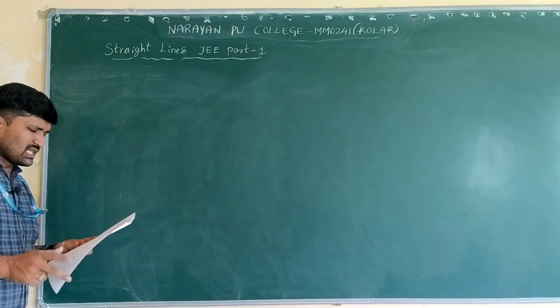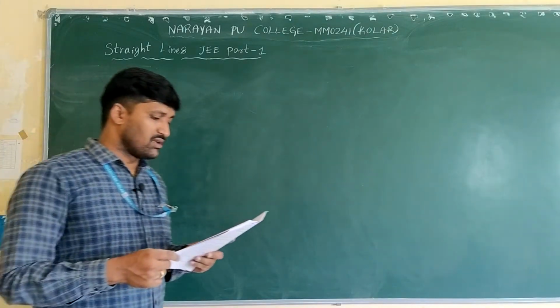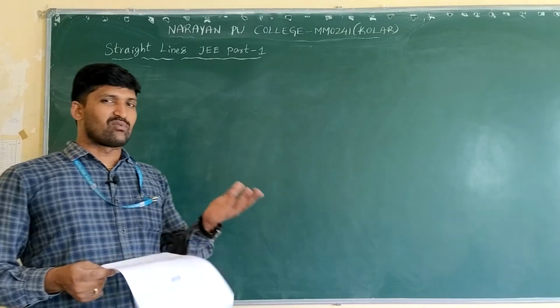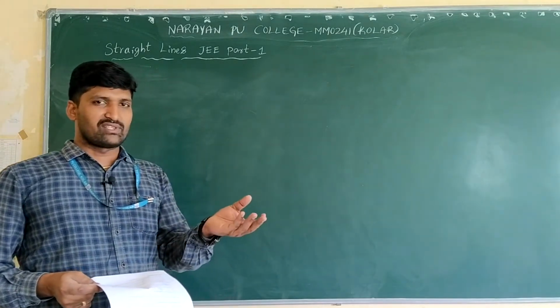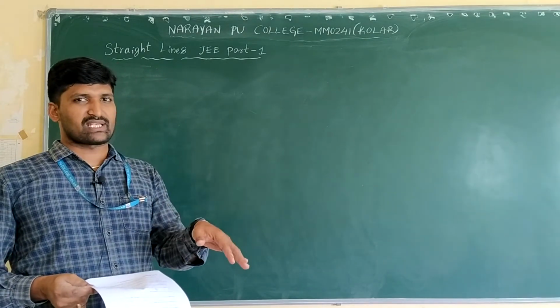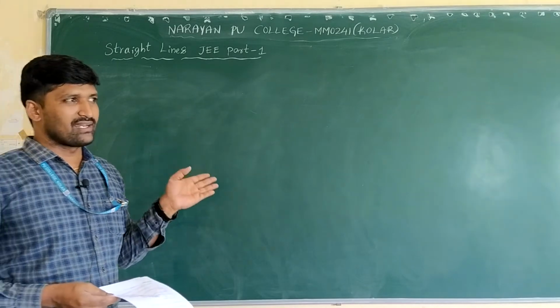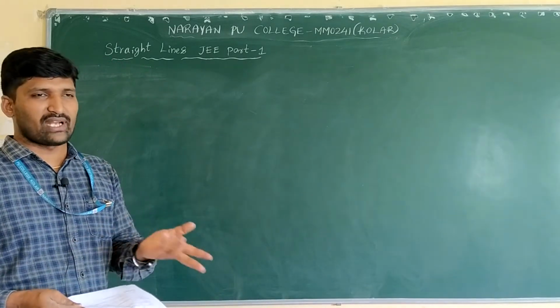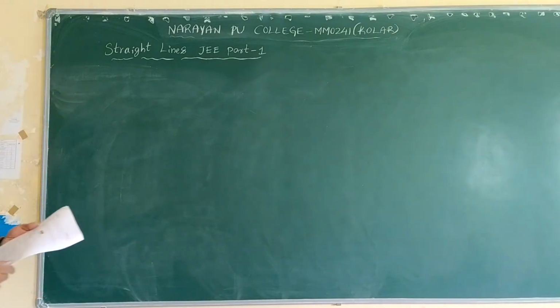Now, simple questions are there. For example, the first one: the inclination of a vertical line is. Inclination is nothing but what I wrote: the angle a line makes with the positive x-axis in the anti-clockwise direction. A vertical line, for example the y-axis, makes what angle with the x-axis? That's why we can take pi by 2. Next,